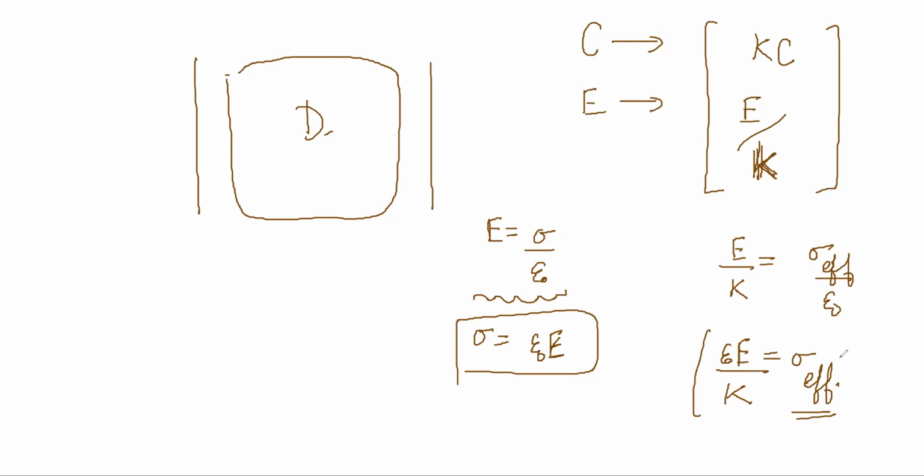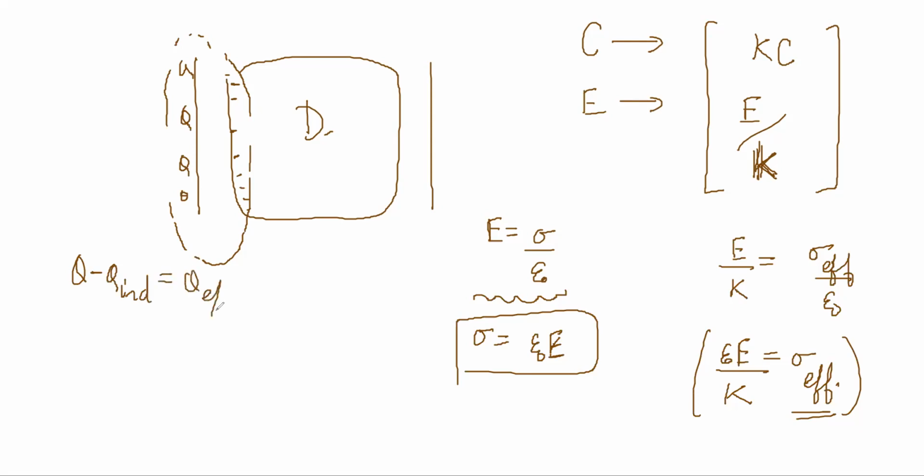So basically some of the charge has been slightly neutralized, because of the opposite charge that has come on this, and this plus Q has been slightly reduced because of this. You're dealing with an effective charge which is Q minus some Q induced. Q minus Q induced will be the Q effective. So you get Q induced equal to Q minus Q effective,